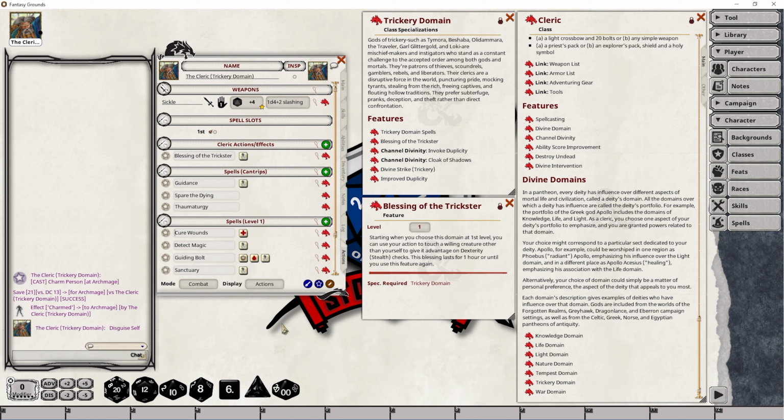This creature cannot be your own character and must be willing to accept the blessing. If they do, and your character applies the blessing, then for a period of 1 hour, that creature can gain advantage on all stealth checks that they make by rolling 2 dice. And it's going to cancel out any disadvantage rolls that would normally apply, for example, heavy armor that has a disadvantage to stealth checks. However, if you choose to grant another creature this blessing while you have a blessing already active, then the first blessing is going to end by removing the advantage from that creature and then applying it